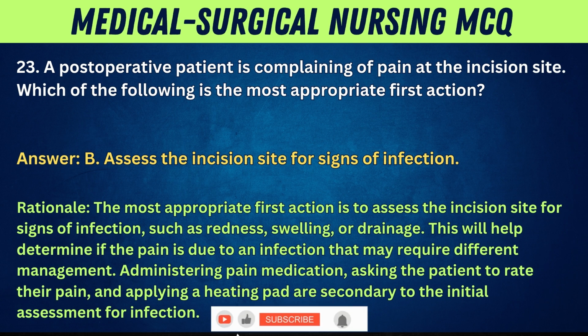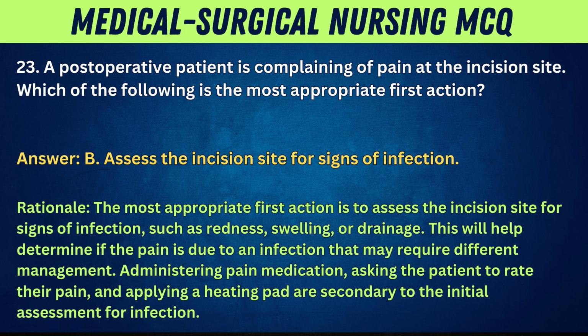Rationale: the most appropriate first action is to assess the incision site for signs of infection, such as redness, swelling, or drainage. This will help determine if the pain is due to an infection that may require different management. Administering pain medication, asking the patient to rate their pain, and applying a heating pad are secondary to the initial